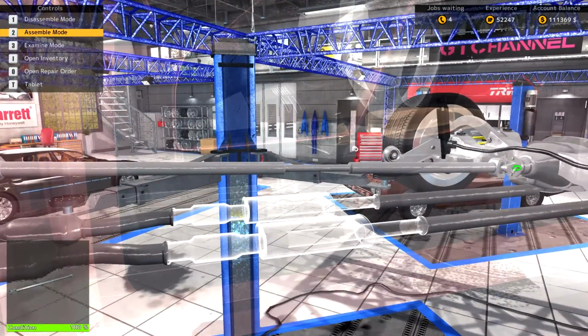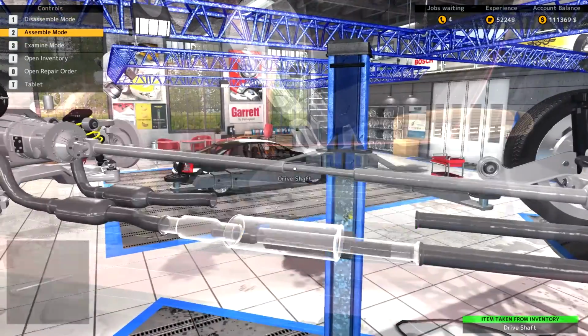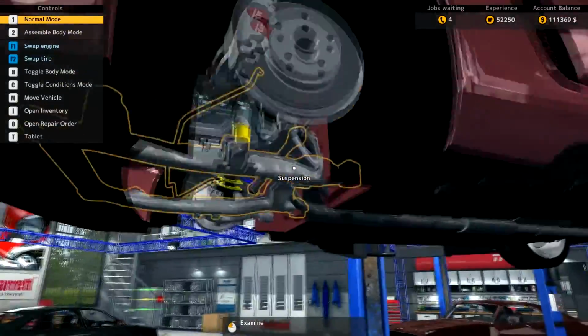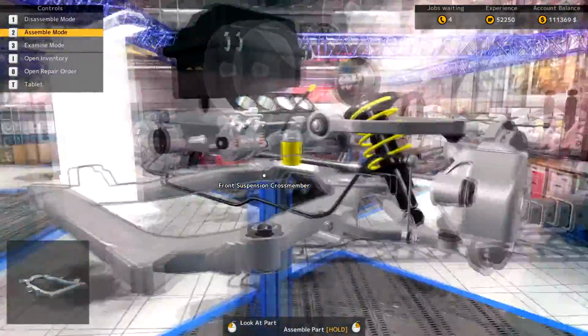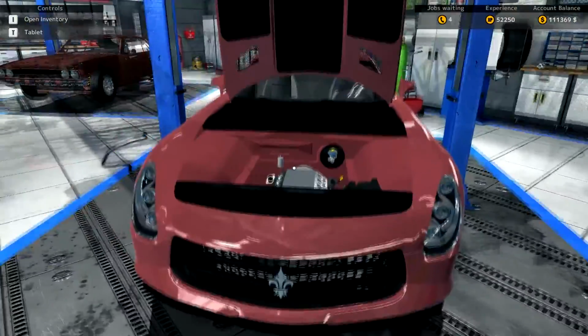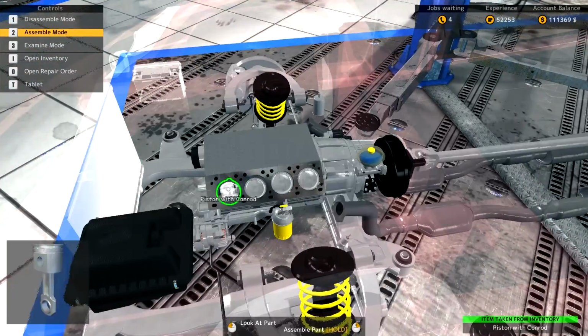But let's get that drive shaft in now, and those remaining components of the exhaust system. Like so. And let's see what we've got remaining down the end here. I think we've got more parts going to the top of the engine. So let's lower it back down and get these